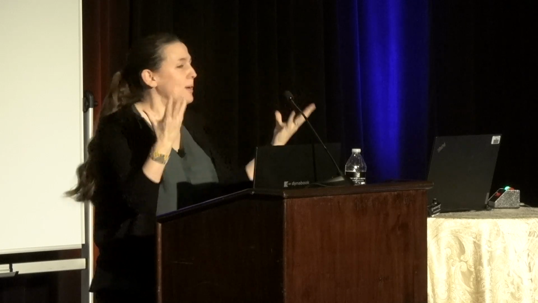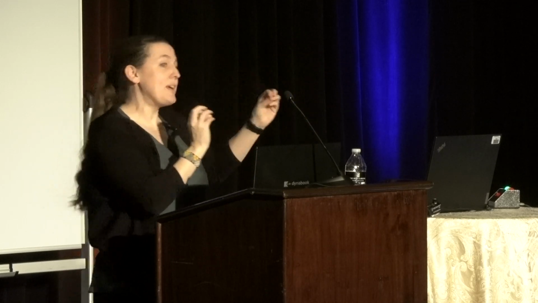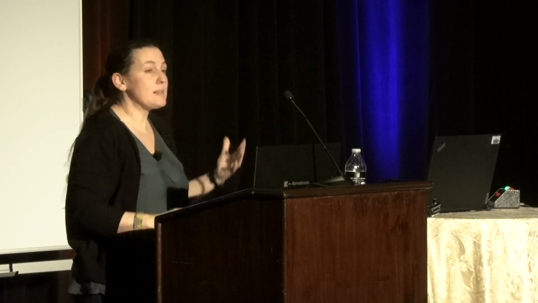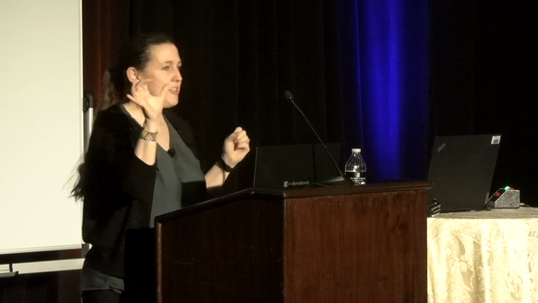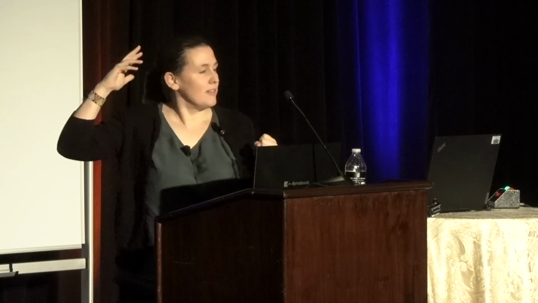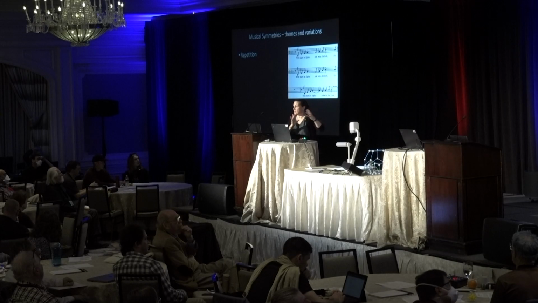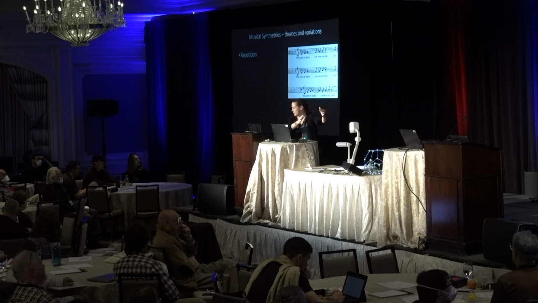If we're composing a piece of music, if we're Bach, we can take our basic theme and then we can do things to it. The simplest thing you can do to it is just to repeat it. We can think of that as being like a horizontal translation, if you want. So you just repeat the same theme exactly the same. The example I'm showing you there is from a choral piece by Benjamin Britten, which is absolutely fantastic. In this piece, you have 4 different voices, and they do exactly the same thing, but just slightly delayed. So it's a brilliant effect, but you're repeating. So you're just translating it and putting it down later on.